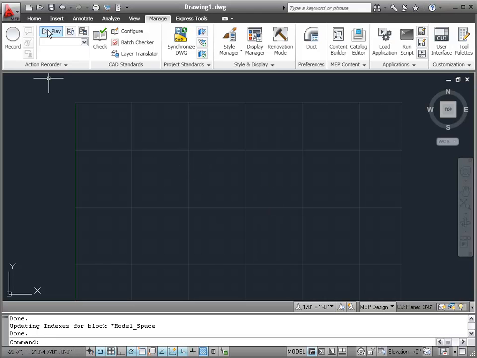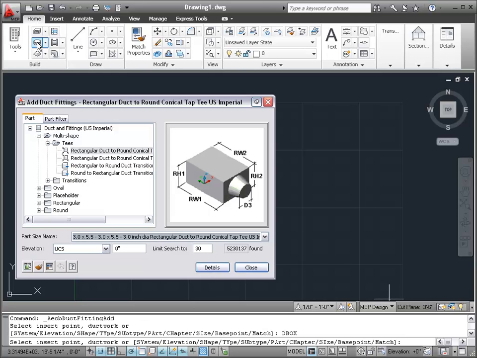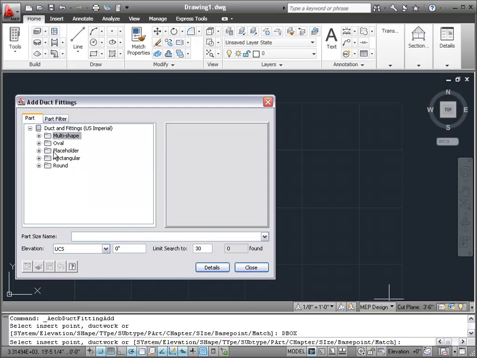So let's insert an elbow. I want to start off there. I want to make sure we're on the HVAC workspace and we're on the Home tab of the ribbon, and we're going to start the duct fitting add command. So let's add a rectangular elbow,